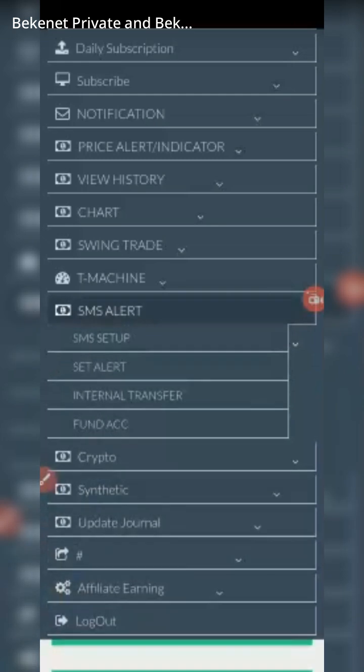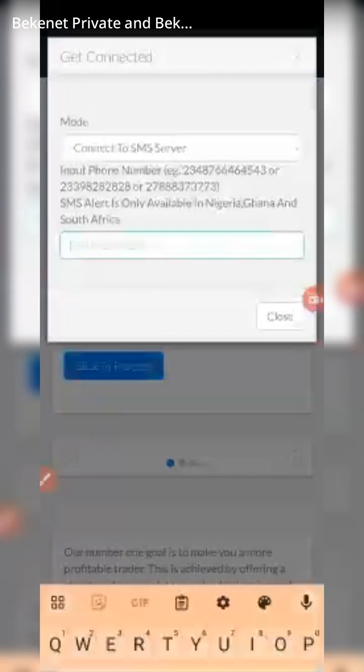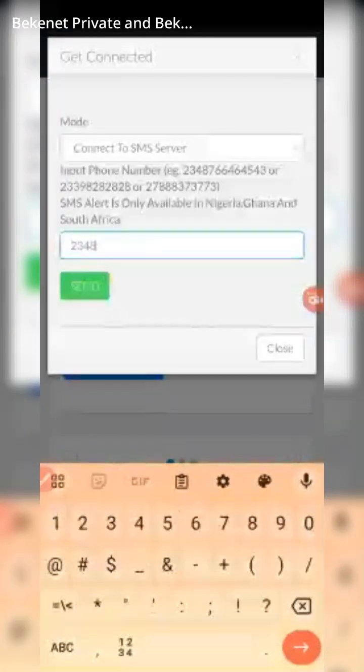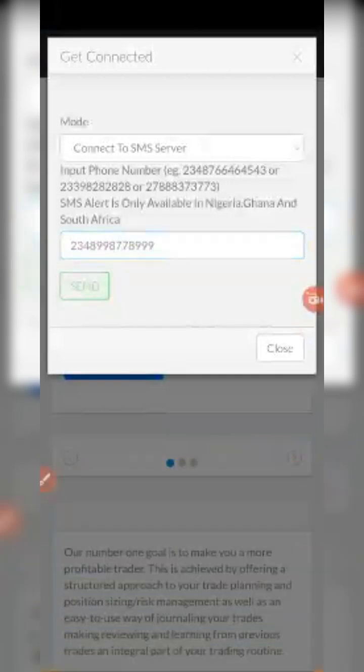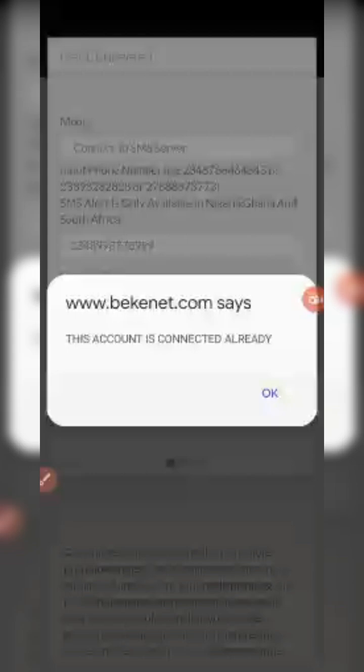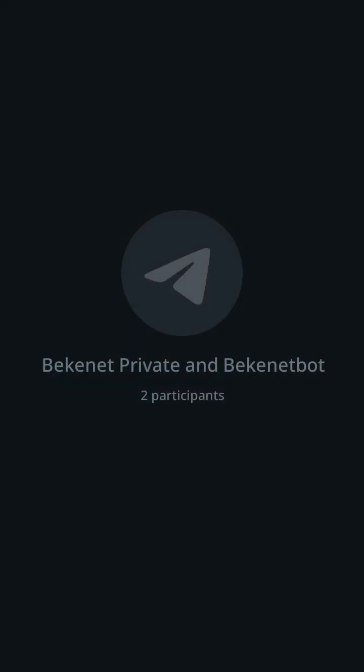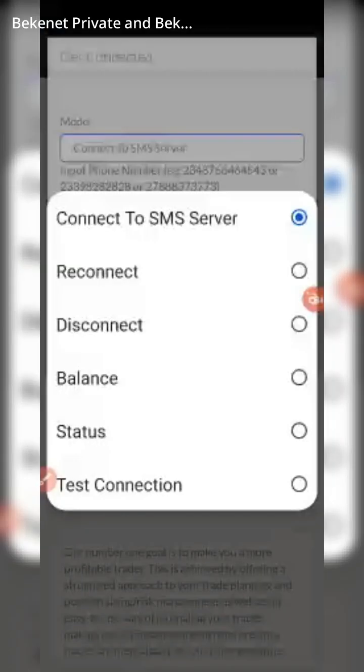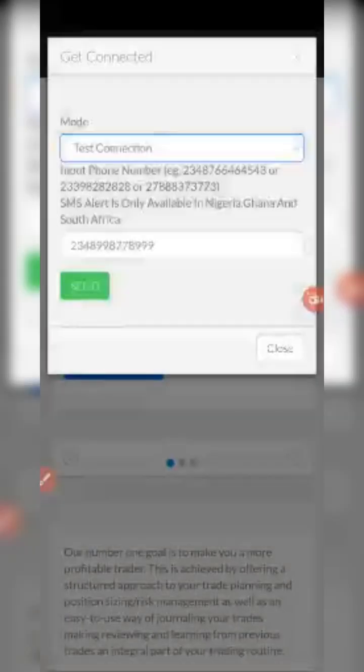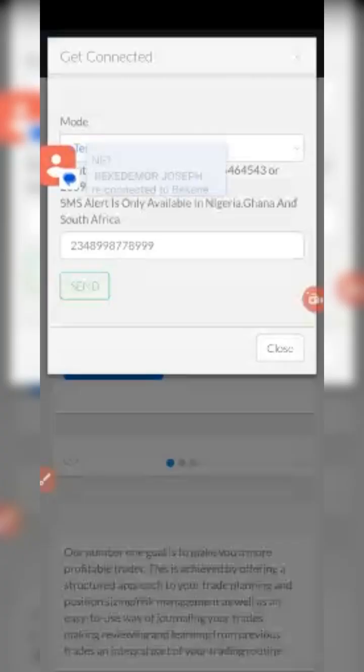So just click it. Click on setup. Once you click on setup, you must have done this. Click on this and add your number. Just put your number, 234. If you're in Nigeria, put your number. Click on this, and it will automatically tell you my account is already connected. Once it shows you that, you click on test. Once you click on test, if you receive a message, that means your number will be able to receive SMS from us,